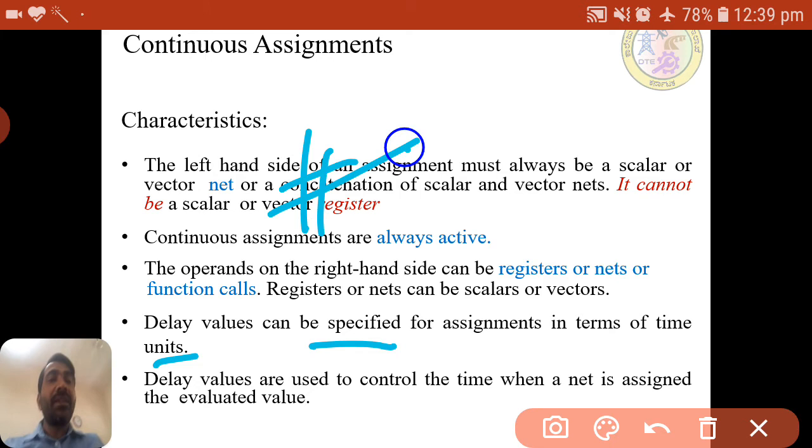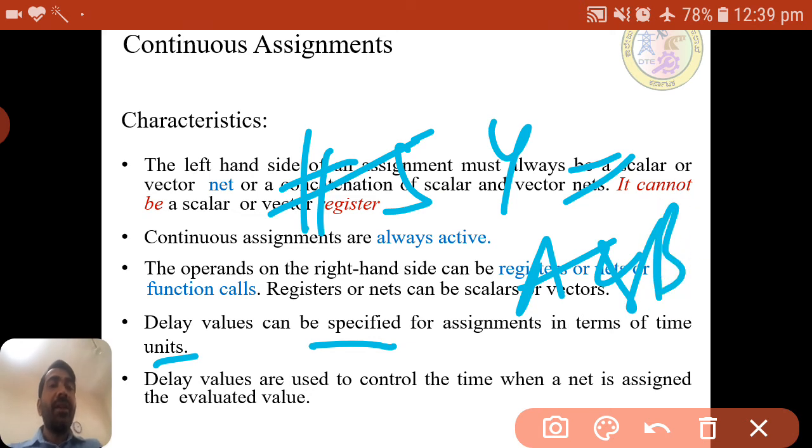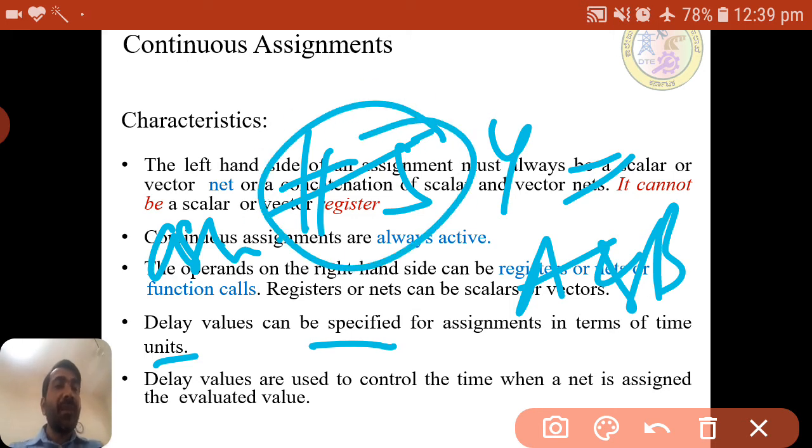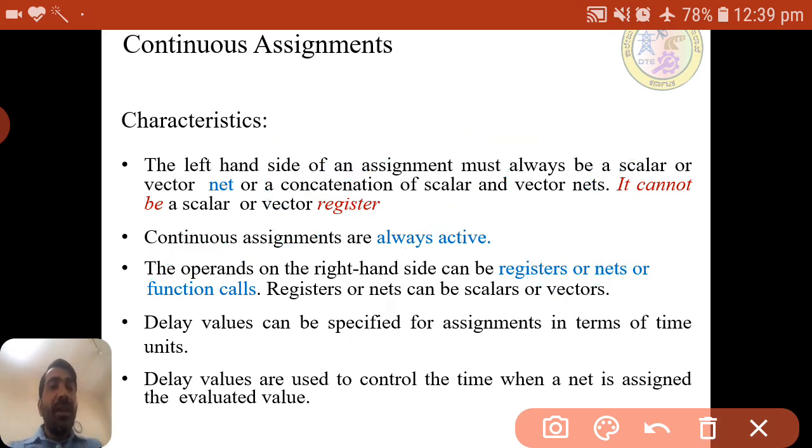The same thing as I told, assign, hash 5, y equal to a and b. So we can specify delay, and delay values are used to control the time when a net is assigned the evaluated value.